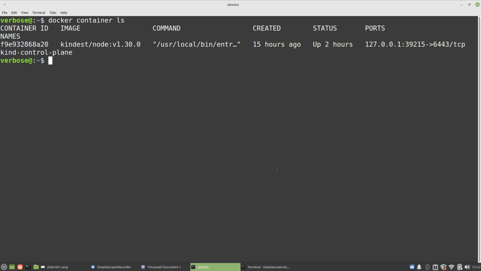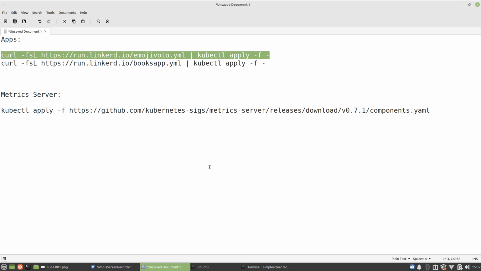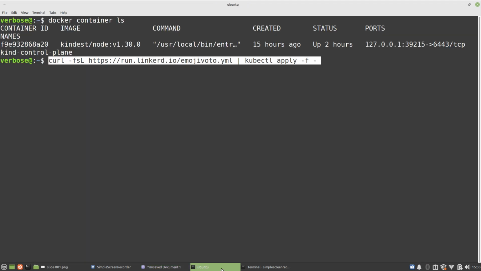So I think what I'm going to do now is install an application. This is a bit lengthy to type, so I have this pre-prepared. Linkerd actually has a couple of demo applications. We're not actually going to look at the front end for these, but I just wanted something to install. So it's going to curl the manifest, the YAML file, and apply that. It's your typical deployment, service, namespace, cluster IP, that type of thing. So let me just do that,